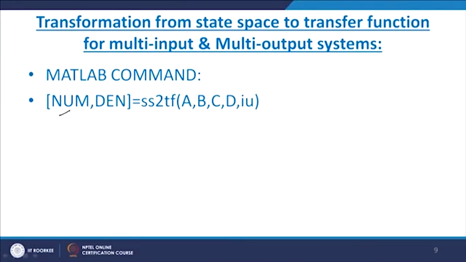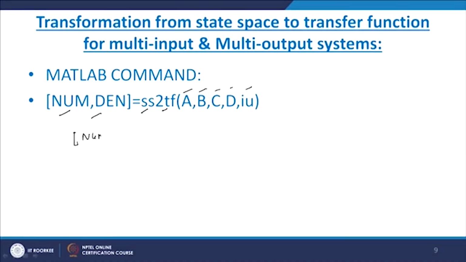Now, about the multi input multi output system: in practice, a system is generally of multi input multi output form, so how do we determine the transfer function model from the given state space model? The command which we have to use is [num, den] = ss2tf(A, B, C, D, iu). Here iu means particularly the input, that is, which input you are taking. Let us say 2 input, so for the first instance iu is 1, for the second instance we will get 2. That means